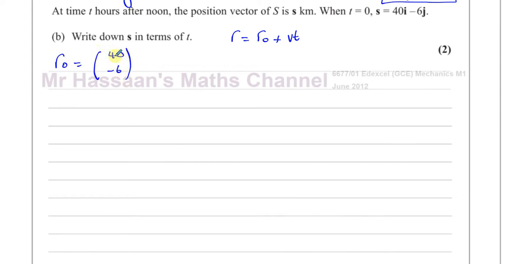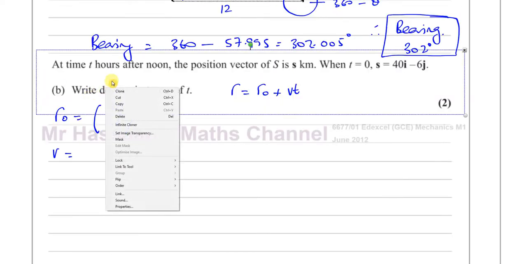As I said, I like to use column vectors in my working. I always like to use column vectors and then in the end write it in this way. Alright, so that's the position vector of the ship at time equals 0. We also need to know the velocity of the ship. Now the velocity of the ship is given by,